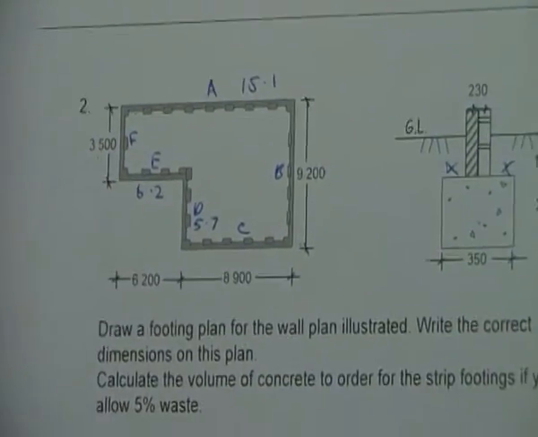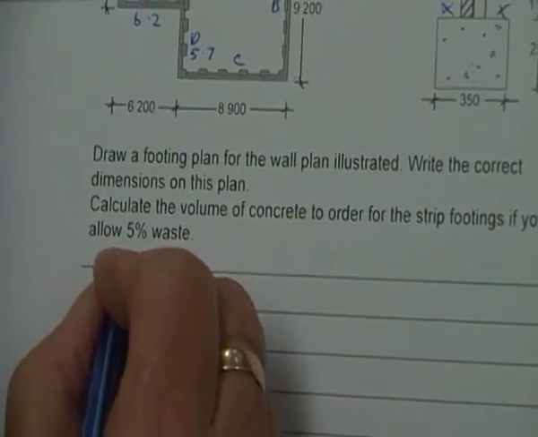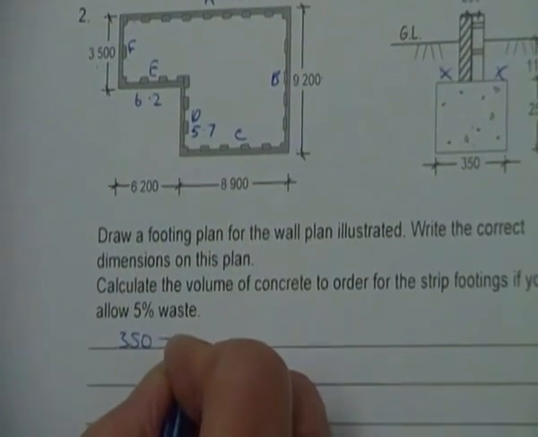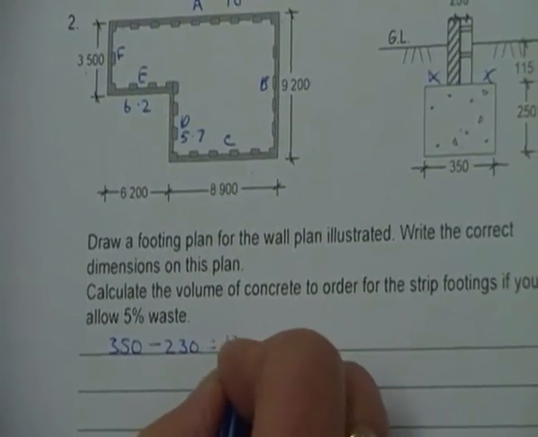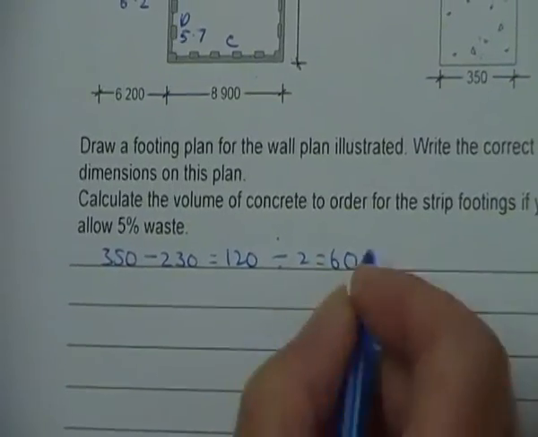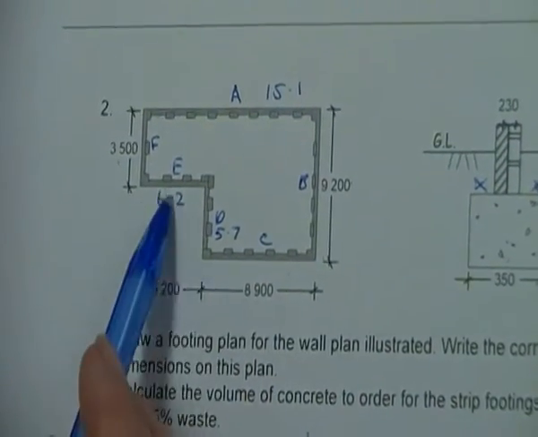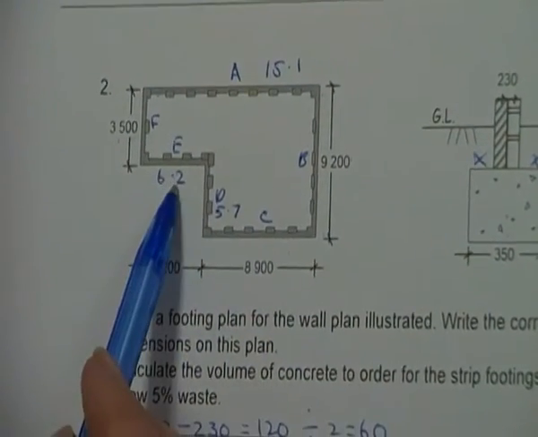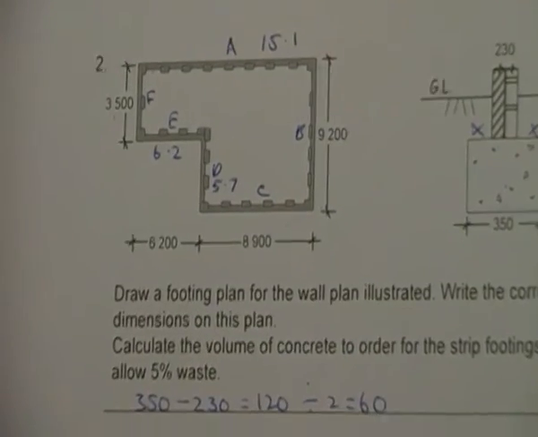So now when we're looking here, we're going to do our X factor. So we need the width of the footing, 350, take away our 230, and it's going to give me 120, and I divide that by 2 and I get 60. Now the 60 has to be added to either ends. Now remember, our internal corners, the figures don't change for the X factor or when we're calculating the